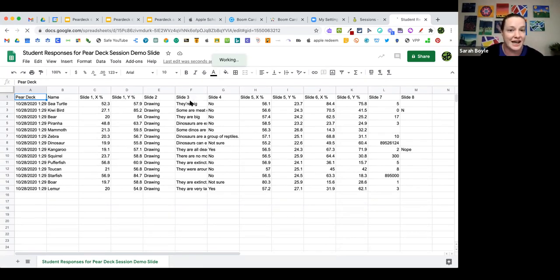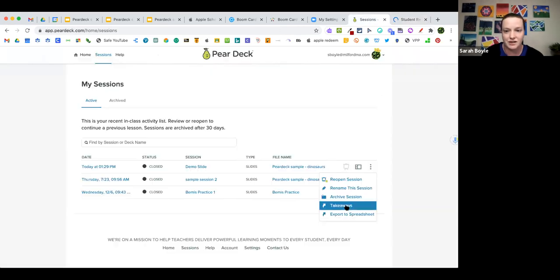But if you're looking at text answers or multiple choice answers, this is a great way to get a gauge of where everybody's at. Here's the number slide, and then here's the "anybody have more questions" slide. These coordinate ones are not super helpful, but the other ones give you a good idea of what's going on. And then if I come back into my Pear Deck and look at the takeaways this time,